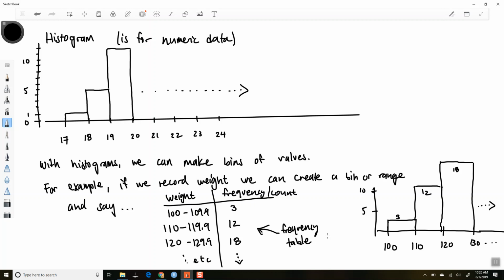So we have the frequency table, and then I'll just write, if we use percentages instead of counts,